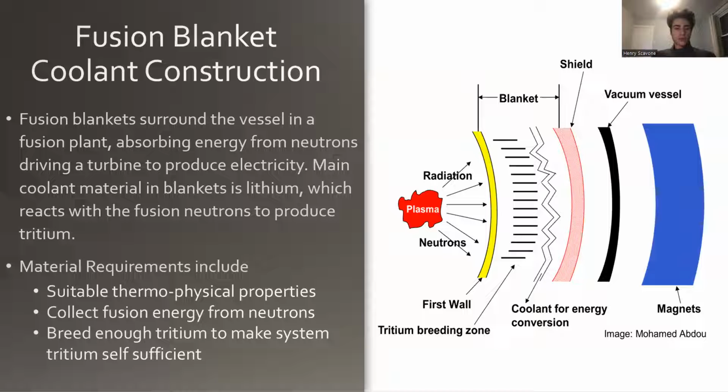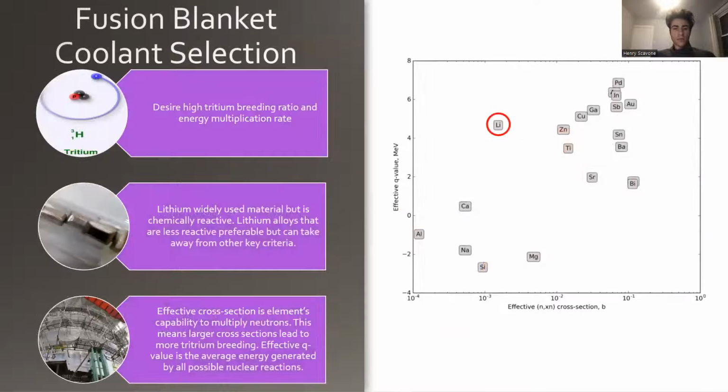Some common material requirements for these coolants are suitable thermophysical properties. They need to collect fusion energy from neutrons, as well as breed enough tritium to make the system tritium self-sufficient. So when selecting these materials, obviously we need to find materials that have high tritium breeding ratios and energy multiplication rate. Like I mentioned on the previous slide, lithium is the widely used material, but it is also chemically reactive. So we look into lithium alloys that are less reactive,